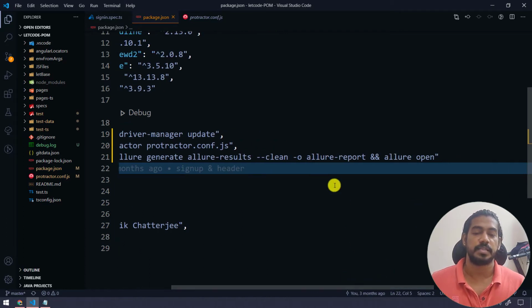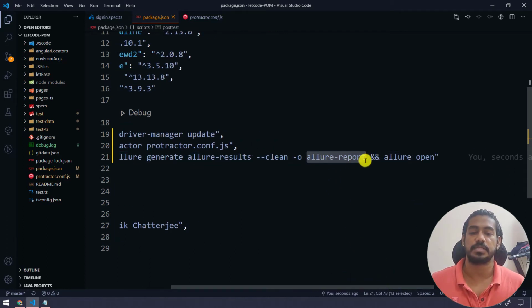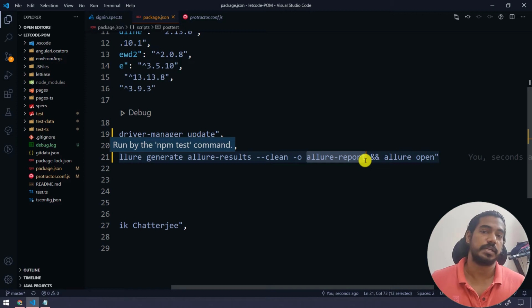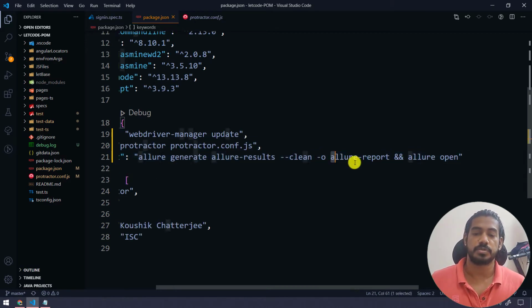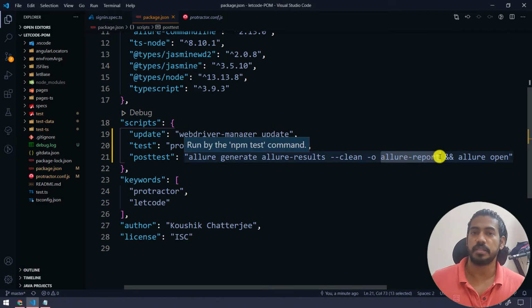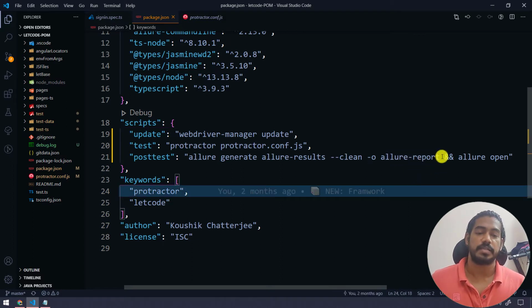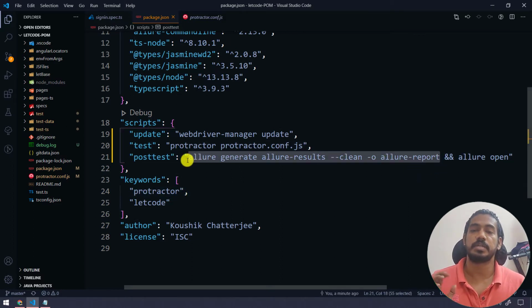Then we are saying allure-report, that is used to generate a new folder. Whenever we run Allure serve, that's going to bring up some temporary files, and from there only the result gets loaded in the browser. But now it's going to store all the reports, all the files, HTML files and the relevant data in this particular folder called allure-report. And that's it. This is the command to generate the report.